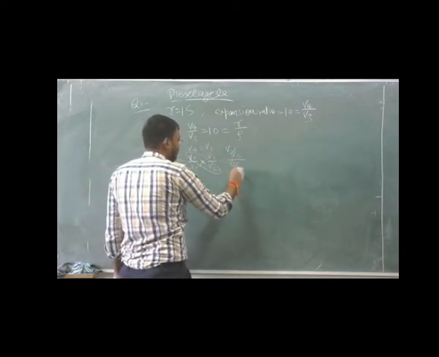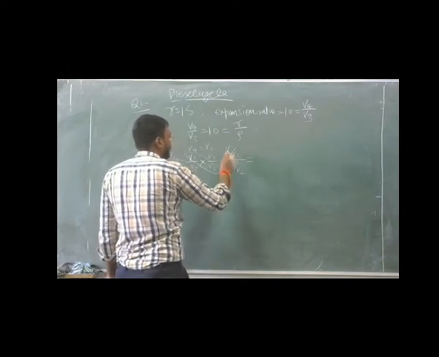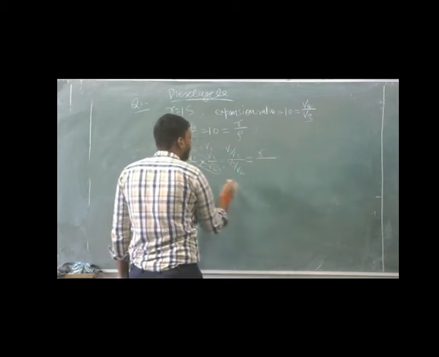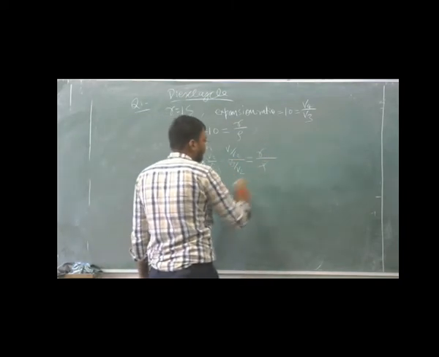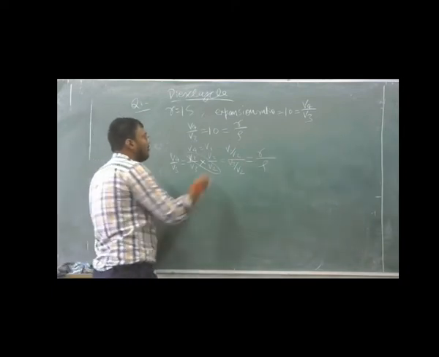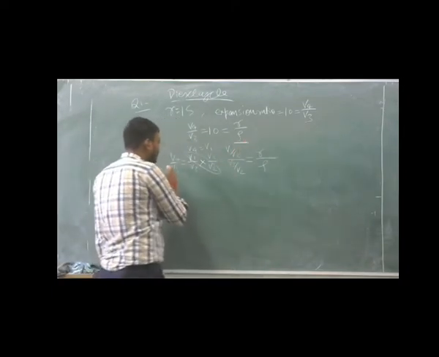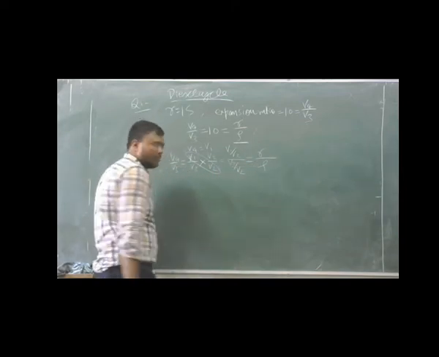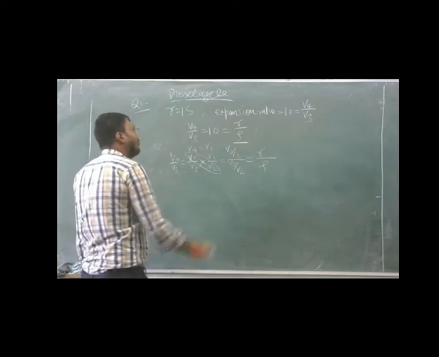So here we get V3 by V2. V1 by V2 is nothing but R, the compression ratio R, and V3 by V2 is the cut-off ratio rho. So either you remember the value or you can easily resolve it. V4 by V3 equals R by rho. Now we know the value of R.